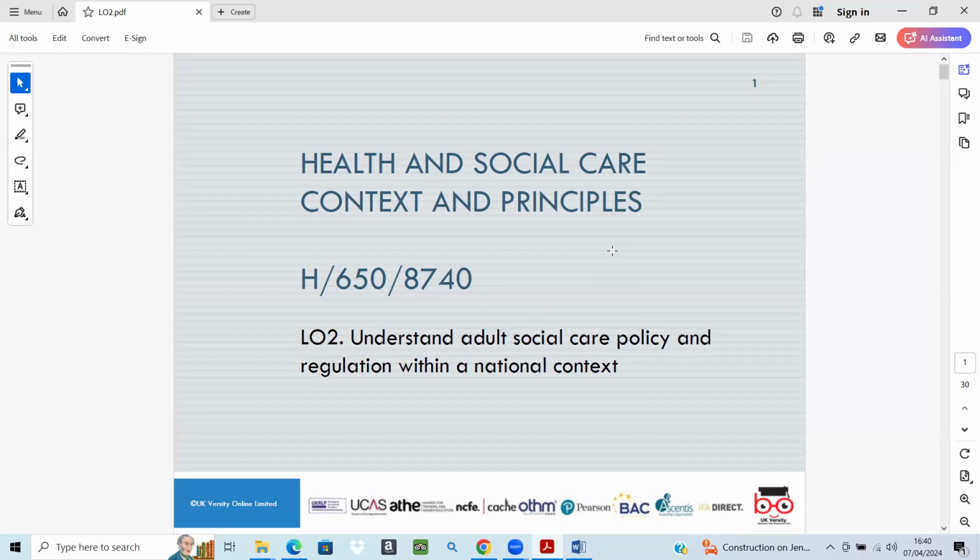For example, in some cases, if they ask us for an international example, then we provide some international examples. I don't know whether you were here at that time, I was giving the example of the Human Rights Act 1998. The Human Rights Act is not only for the United Kingdom; it is like an international legislation which most countries follow. But the learning outcome says within a national context, so we follow the United Kingdom. Okay. Thank you very much.